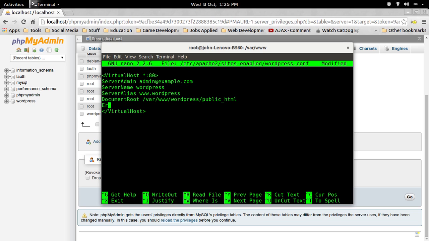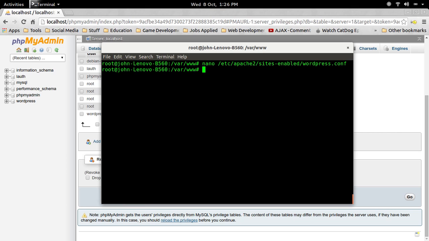and we can set the error log, so we'll say ErrorLog and set this to ${APACHE_LOG_DIR}. So we're going to use that constant and take off caps lock, /error.log, and we can use the CustomLog directive, and just pretty much the same thing, ${APACHE_LOG_DIR}, and then give it the actual log that we want to do, so that'd be /access.log combined. And now we can Control X, Y, enter, and we'll